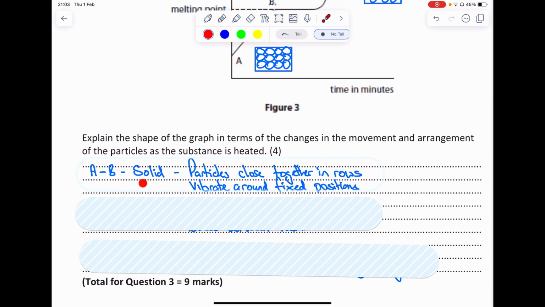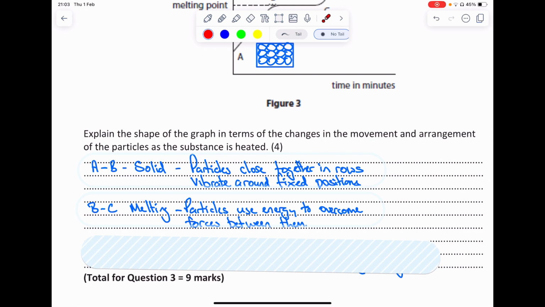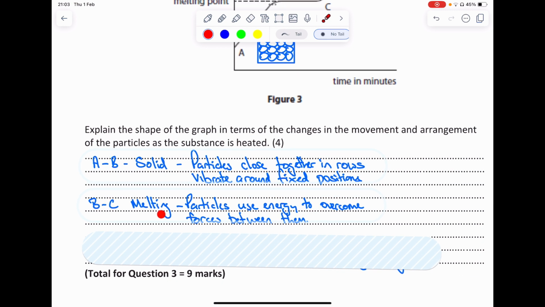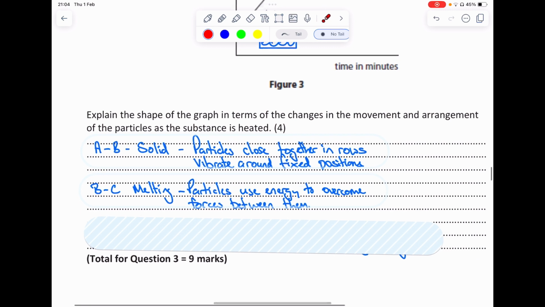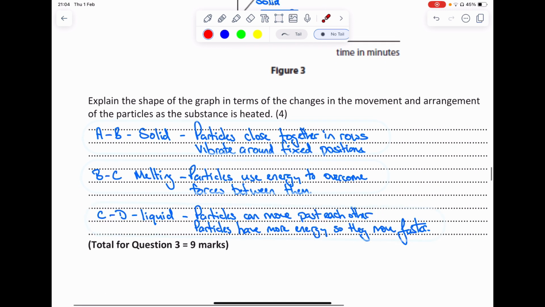So if I go from A to B, that's when it's in this solid state, and the particles are close together and they vibrate around fixed positions. As we go to the flat part, that's B to C, this is where the substance is melting. And what the particles do here, the particles use energy to overcome any forces of attraction between them, and that starts to make them move further apart from each other as they start to melt. The final stage is C to D, and here the particles now are free to move past each other and they've got more energy, so therefore they can move